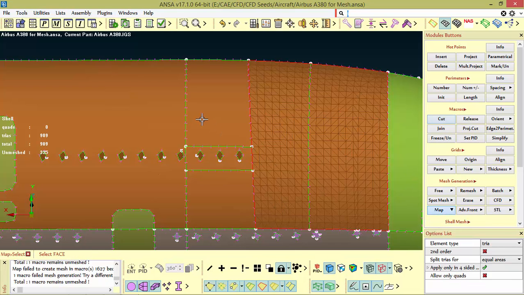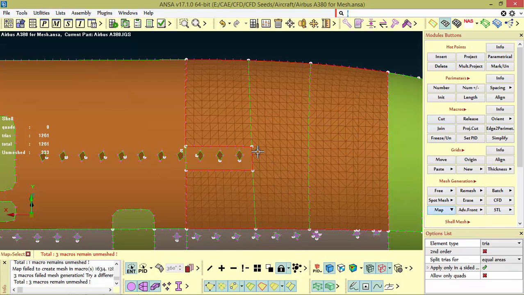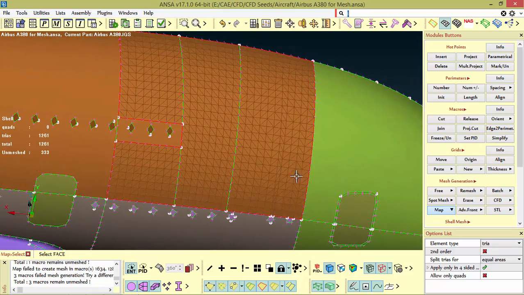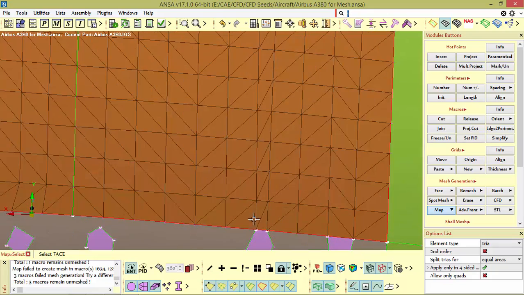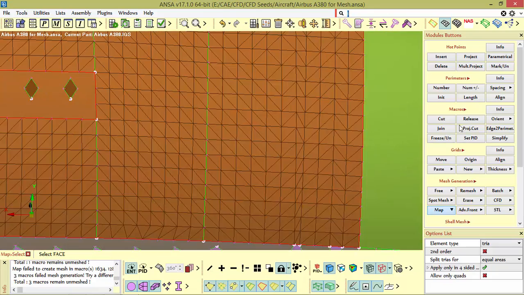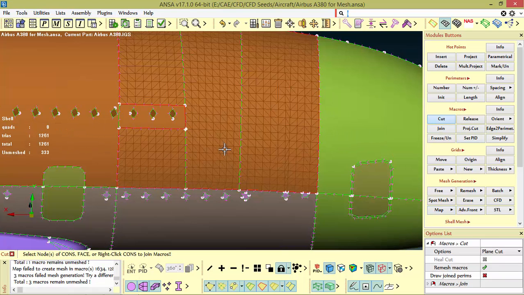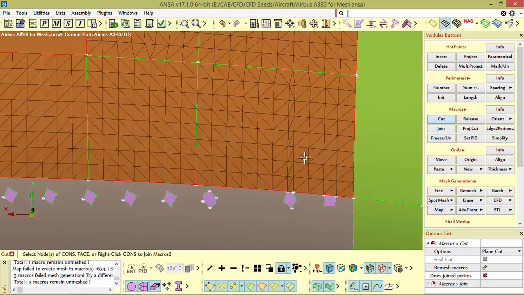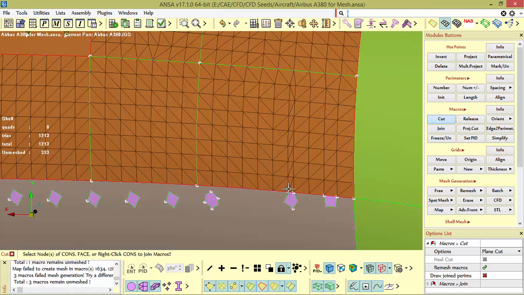Now map and select. See, now the map mesh has run, and here the mesh flow is not so good. So what we can do is from here to here. See, now the mesh flow is somewhat good,